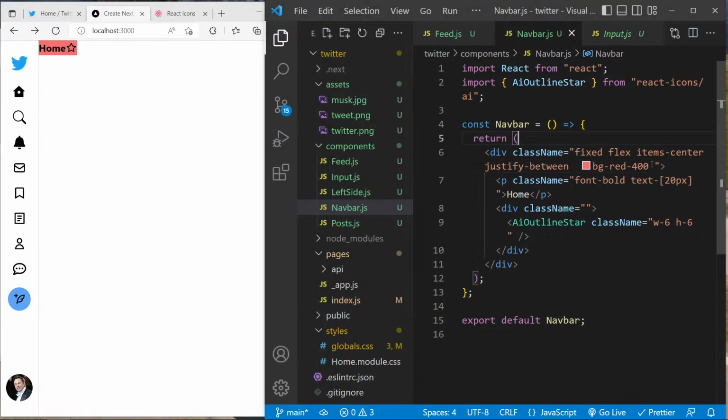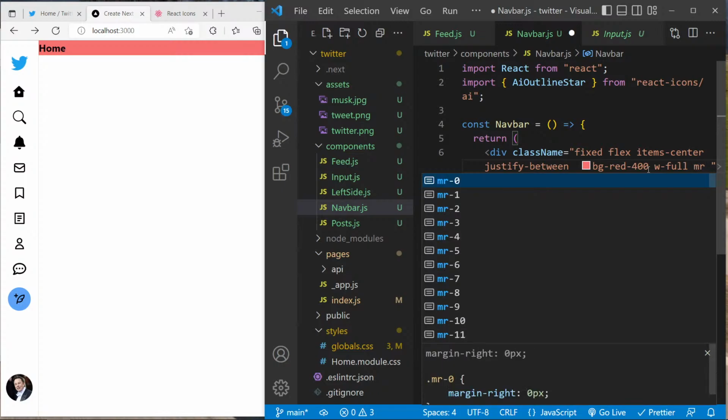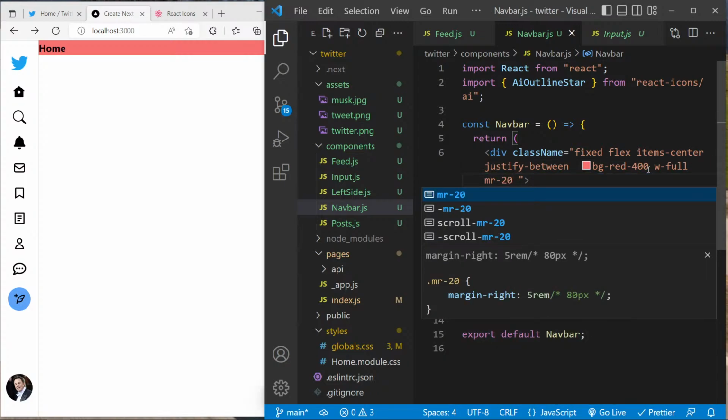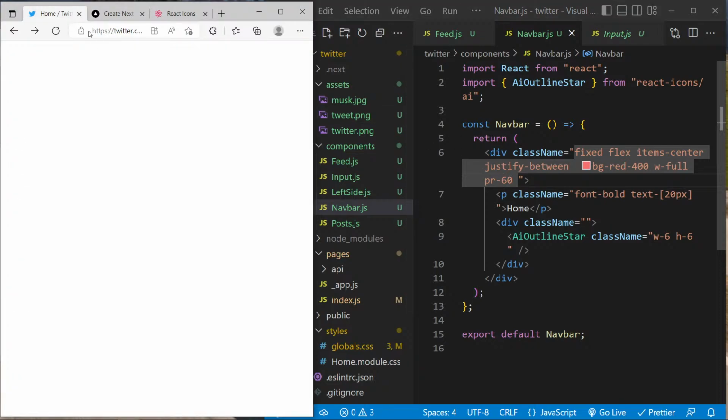So on small, if we say width full, and then we're gonna say margin right of 20, margin right of 32. Let's try with padding. No. So let's try maybe 60 to be sure. Oh yeah, so we have to give it some more. So instead of 60, what I'm gonna do,